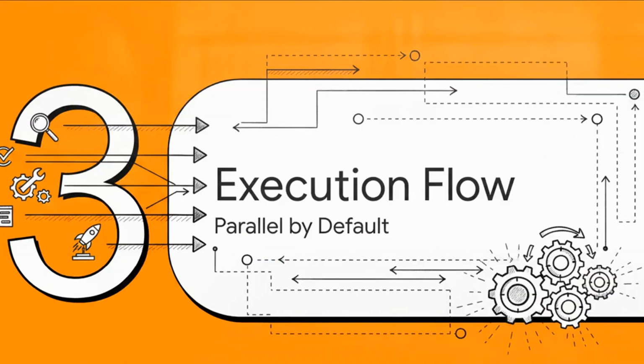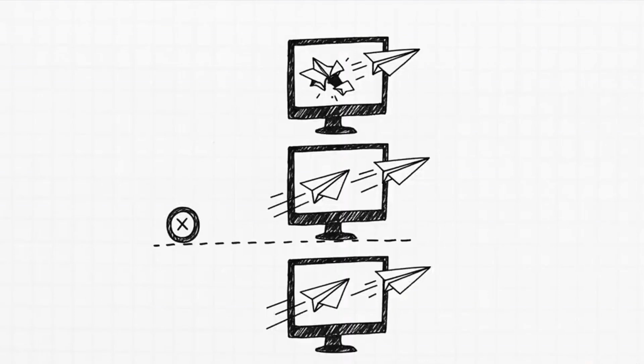Section 3, Controlling Parallel Execution Flow. Now, there's a default behavior here that catches almost every beginner off guard. If you write a workflow with a linting job, a testing job, and a deployment job, GitHub is going to start all of them in parallel, right at the exact same time on completely separate virtual machines, which, yeah, is incredibly fast. But if you don't control it, your system might actually try to deploy your code before your tests